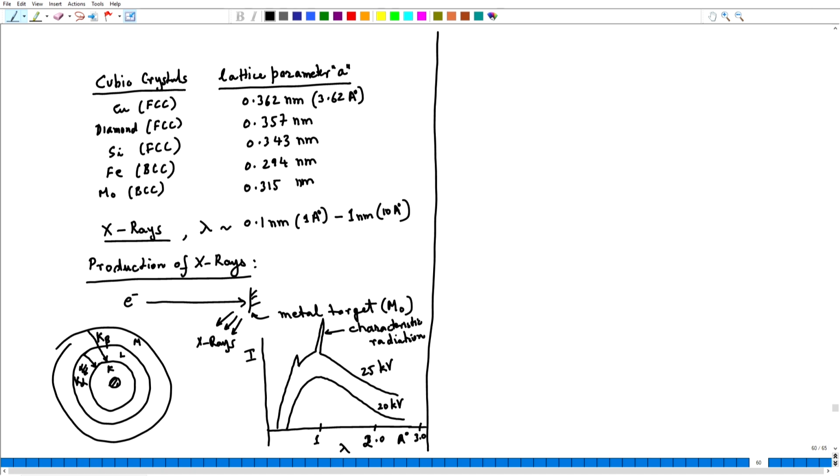And if I go back to the spectrum, then this is K beta and this one is K alpha. Normally, we use the K alpha characteristic radiation when we want to do an experiment with monochromatic X-rays, which means X-rays of a specific wavelength. So, how to get a specific wavelength? Then we use filters. So, filters are used to filter out what is called the white radiation.